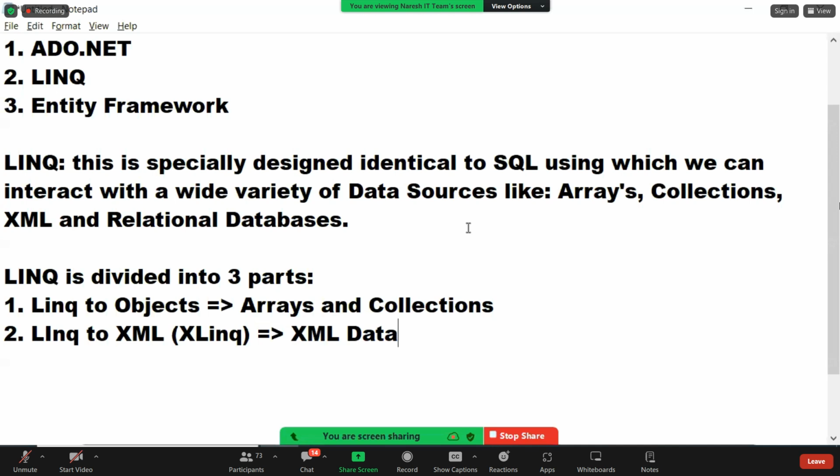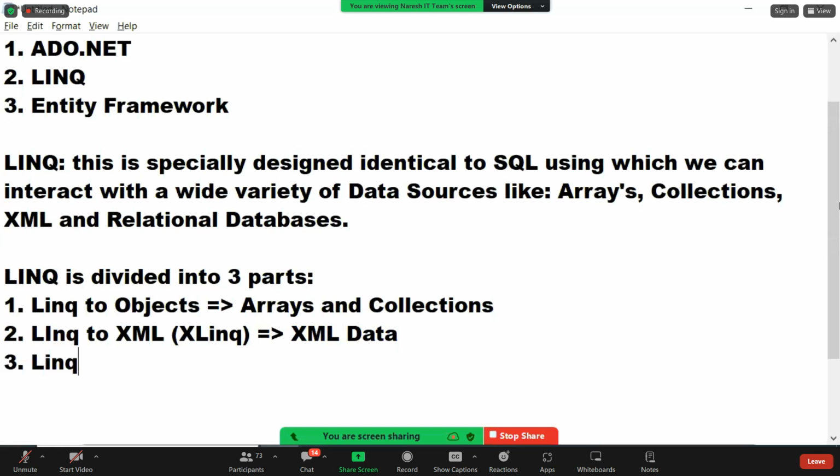You can write a query on XML and get whatever you want. I have 100 customers' data in an XML file. I can write a query and get a particular customer's data. You can use it as a temporary database. I will show you XML used as a database in some scenarios. So for a local or temporary database, we can use XML, guys. So LINQ to XML, what do we use? XLINQ. Using this, we can interact with XML data. Third one,